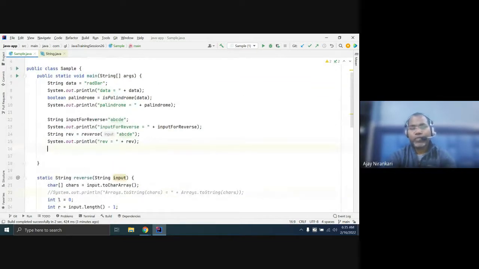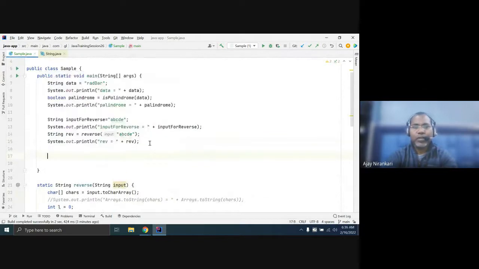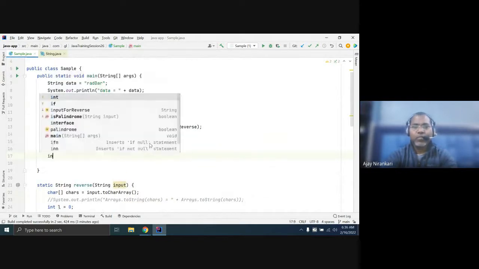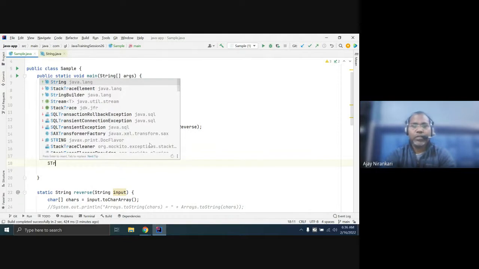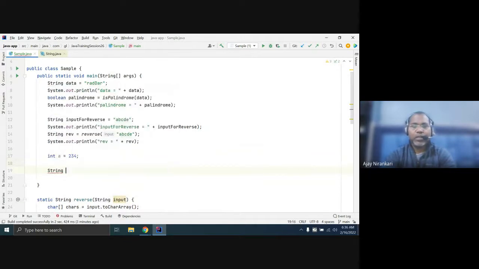You have a method in the string class. Let's say we have one integer, a equal to some value. Now you want to convert it to a string object. We have multiple options. One option: string s1 equal to a double quote plus a.